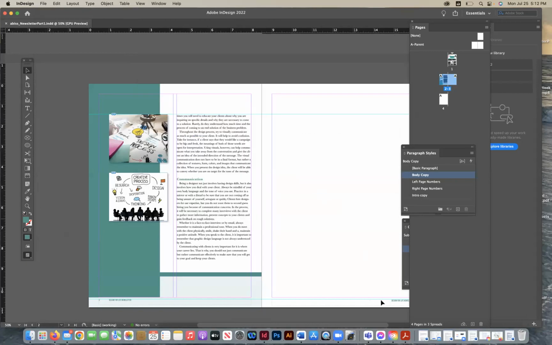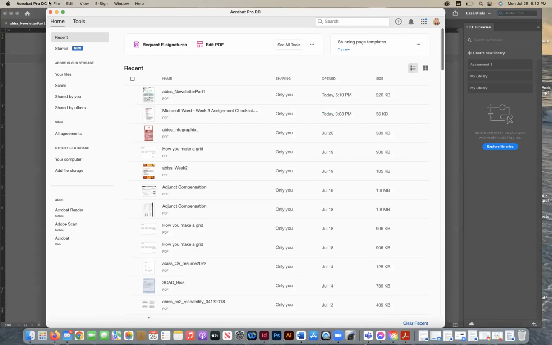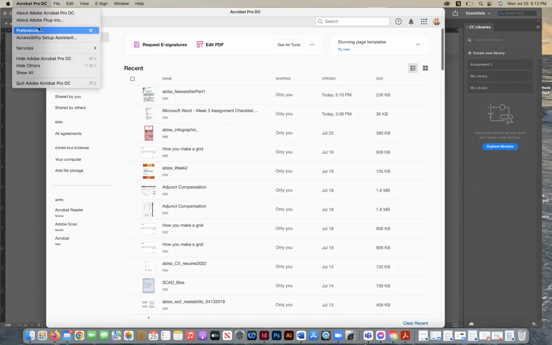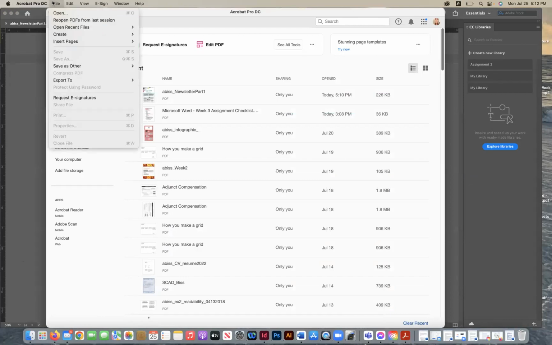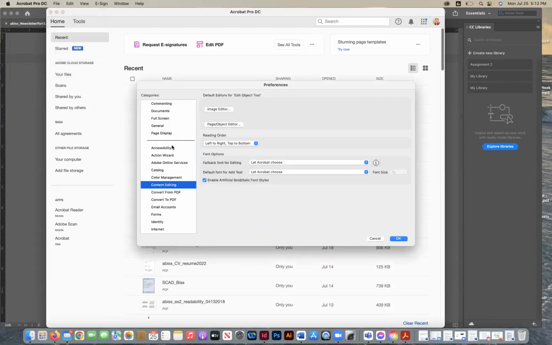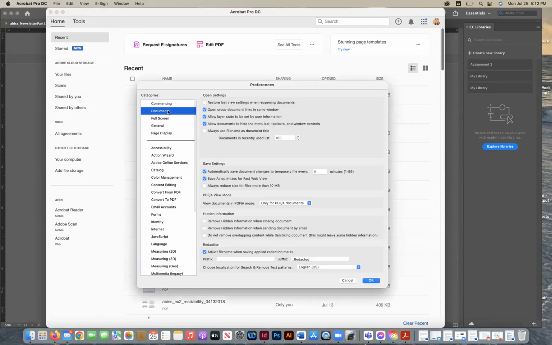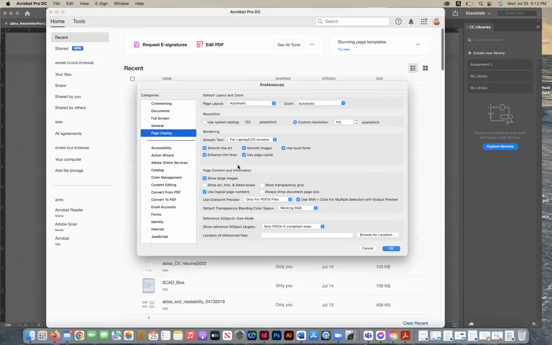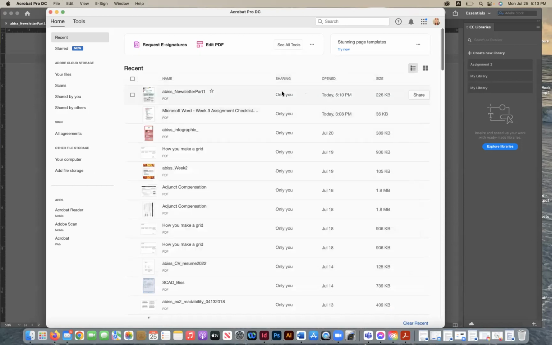So what you would have to do is go to Acrobat, and you would have to go to your settings to change this to page layout two up right here. So you would have to go to Adobe Acrobat, go to Preferences, Page Display to two up, and click OK. And then that way,